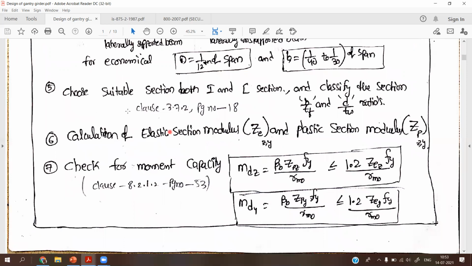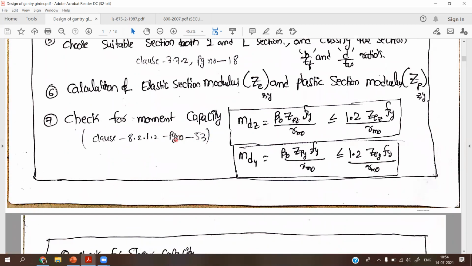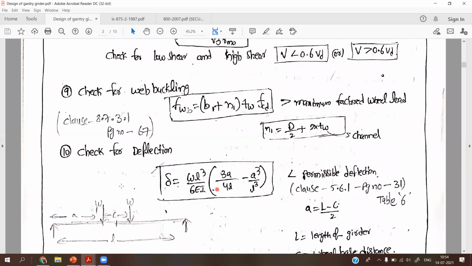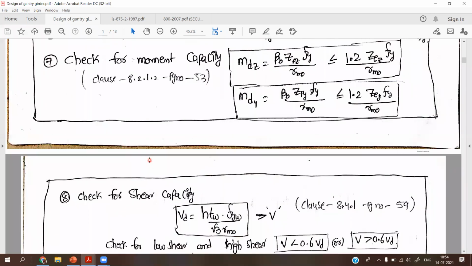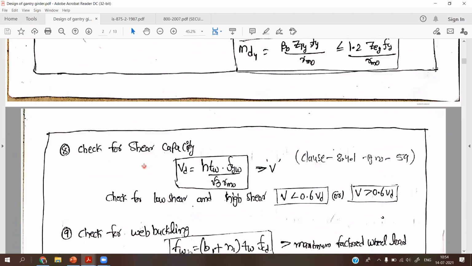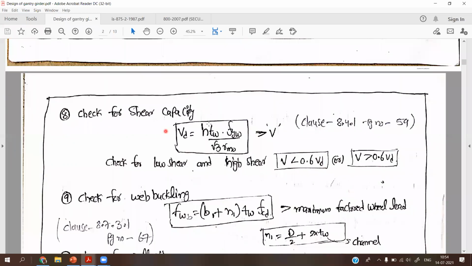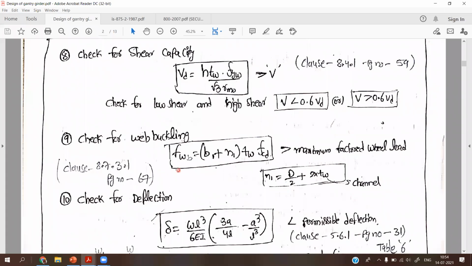First we choose the section and check the moment capacity. Up to this point is enough from the exam point of view, and also for the deflection point of view. These two points are highly important, and up to here you can close the problem. But if you have time, you can go for the shear capacity check. If it is low shear, there is no need to find the web buckling. But if the problem asks clearly for web buckling, then